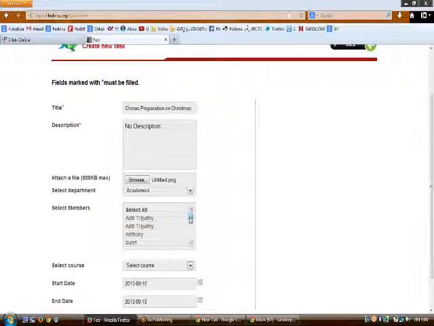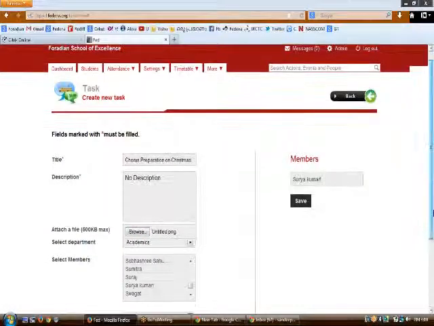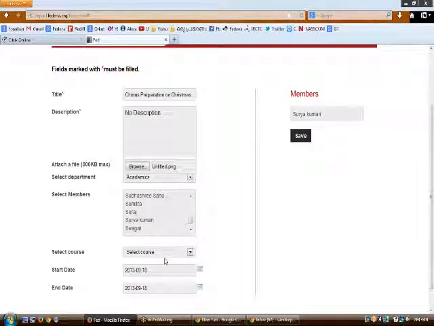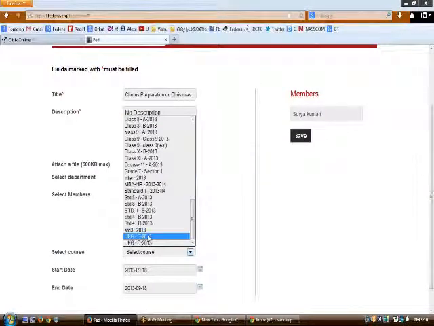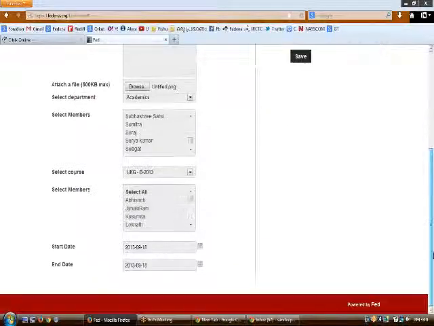Let us say that I am interested to have Surya Kumari into it, so I need to go upon to the particular person, click upon it and move upon to add the students who are involved in this particular module. Again, when UKG B 2013 comes up, we can select each of the students here, like the one that we have done in the members from department, or you can also select them one by one.